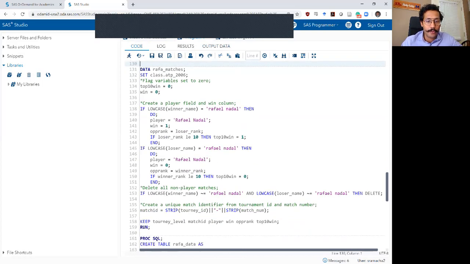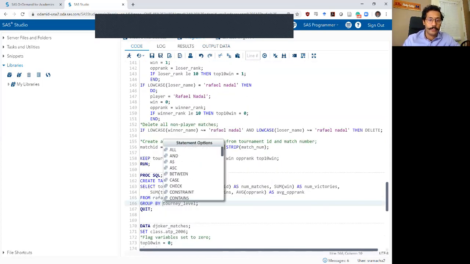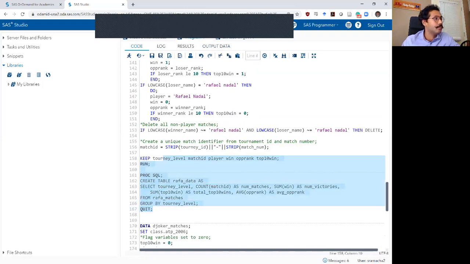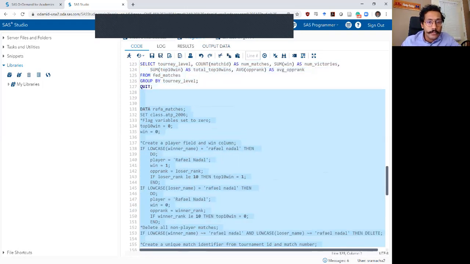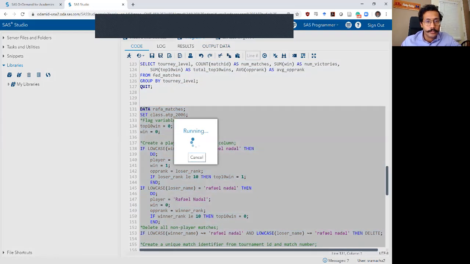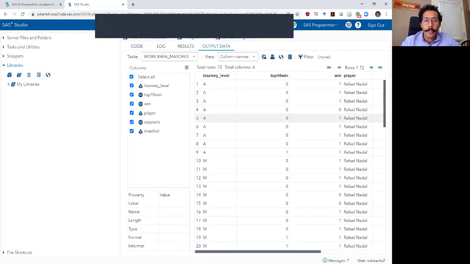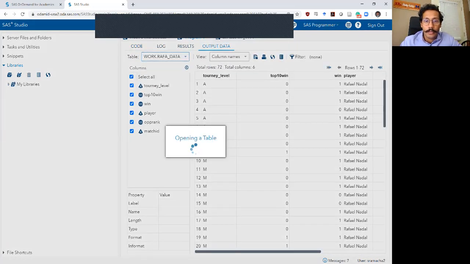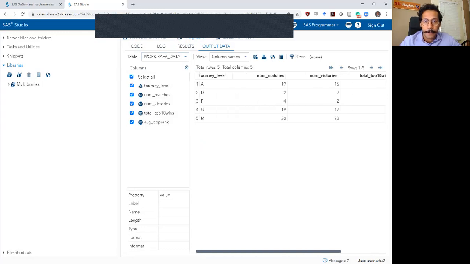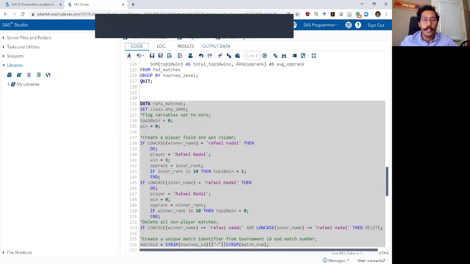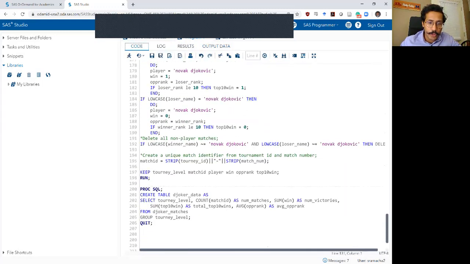Next, we want to do that for Rafael Nadal. Okay, so Rafael Nadal, 5 levels of tournaments, and all numbers are here, looking good. Next, we want to do this for Novak Djokovic